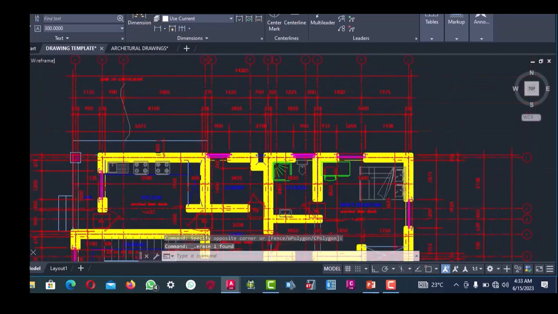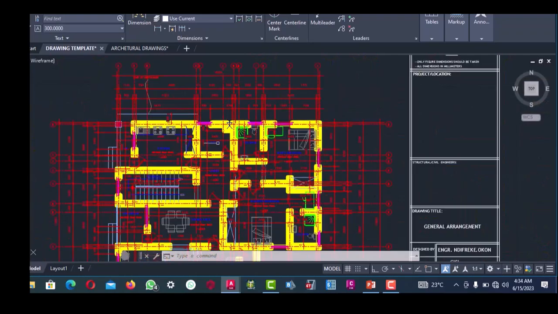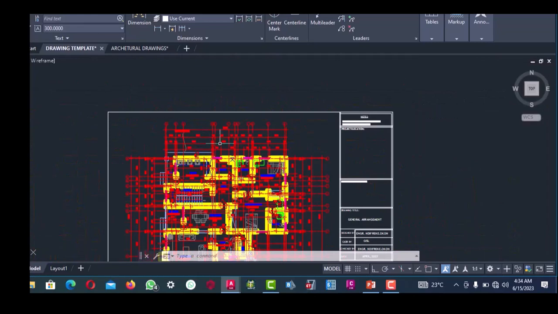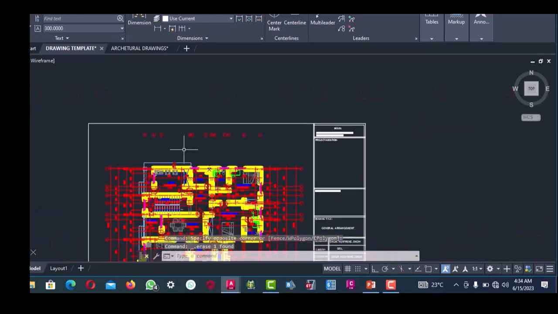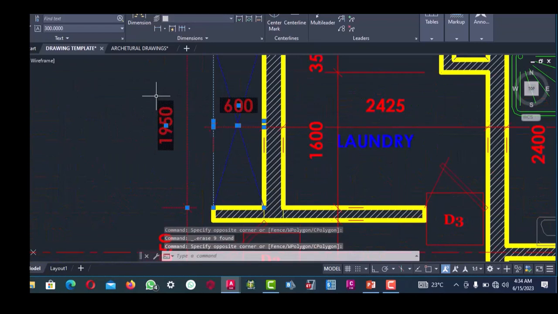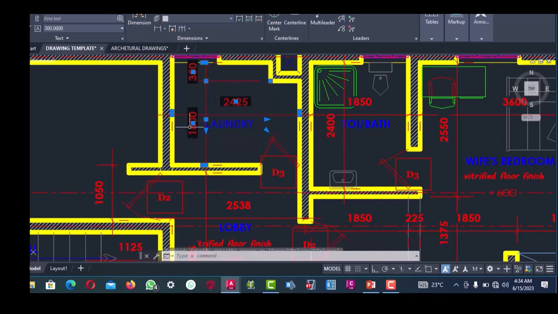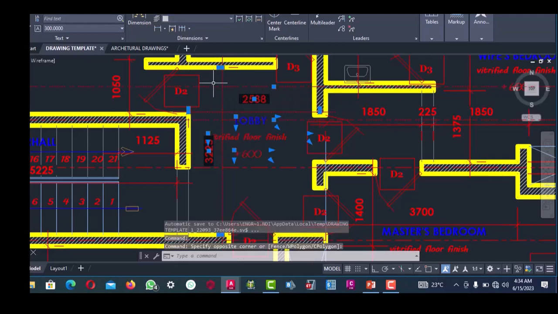The architect has already provided the grid lines, so we are going to work with the existing grid lines provided by the architect. Since we are preparing a frame structure according to the definition of our general arrangement, we are going to delete all the architectural dimensions and all the features in the architectural plan in order to enable us prepare our general arrangement. So we have to delete all these things out. In structural design, we don't need all these